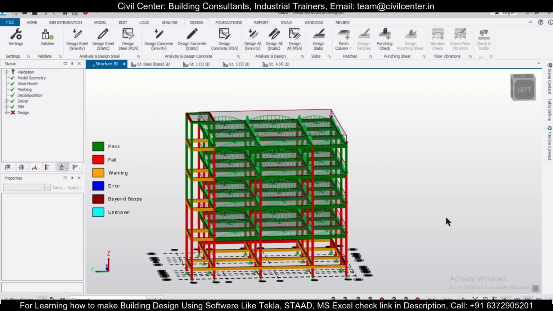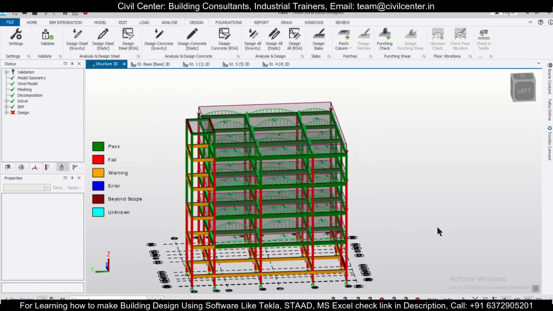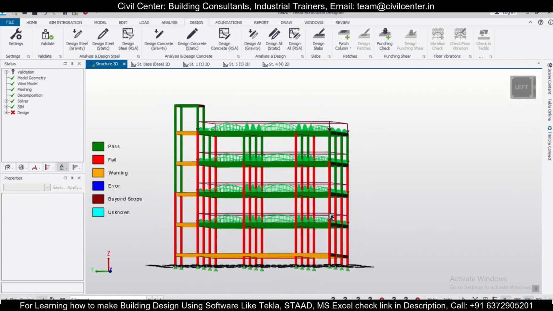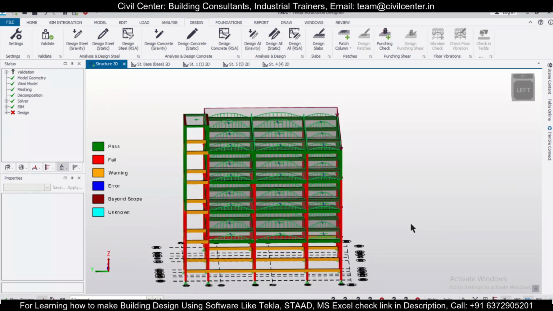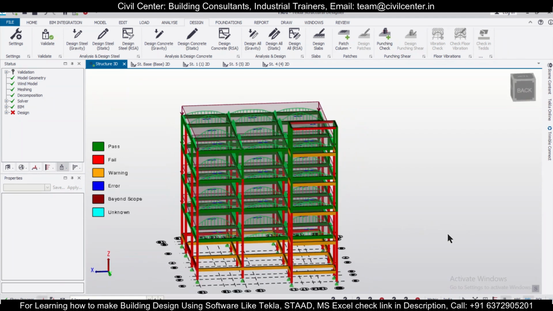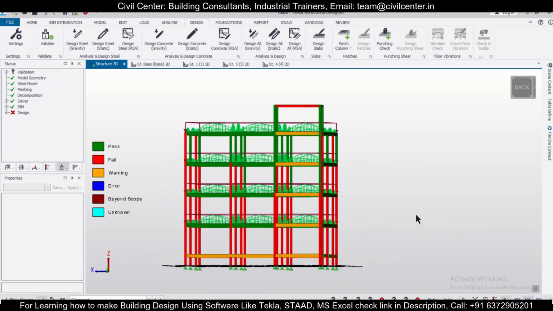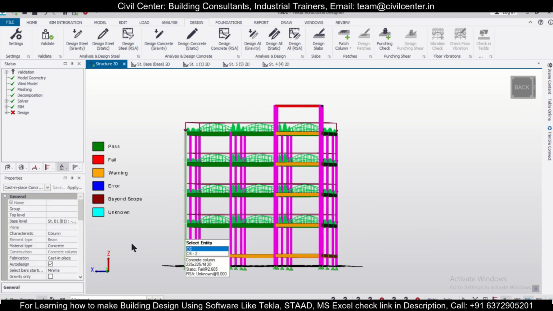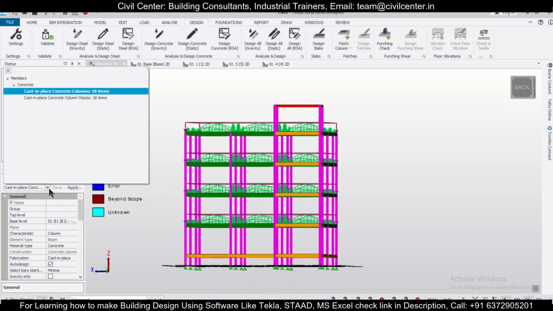The design of the beams will be done, and after the design of the beams is done, let's go for the design of the columns now. So for the columns, let's select all the columns here, and then give the columns a size of concrete columns.